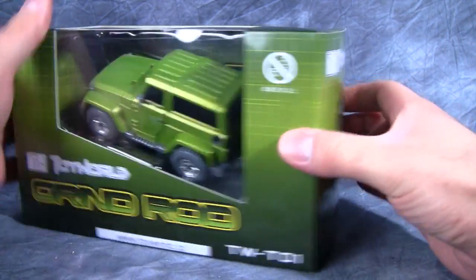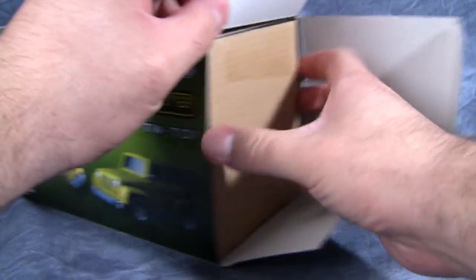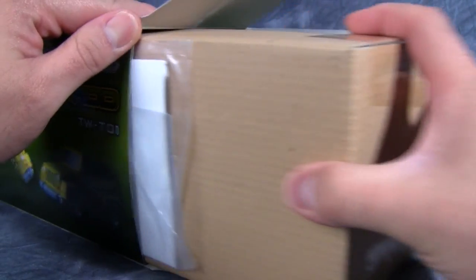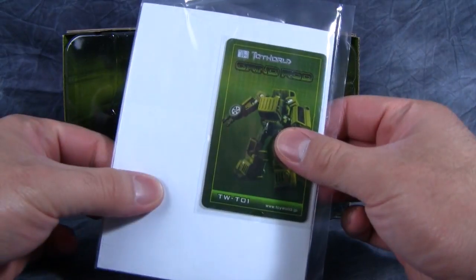So going to go ahead and open the box here. There is no tape on the box, which I was very happy to see. I did pick this guy up at TF Source, and their shipping was real quick, less than 2 days. So, in the box, what we have are the figure itself, and then we've got the instructions and